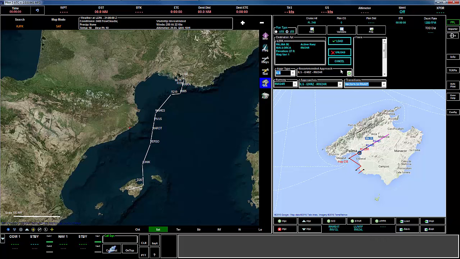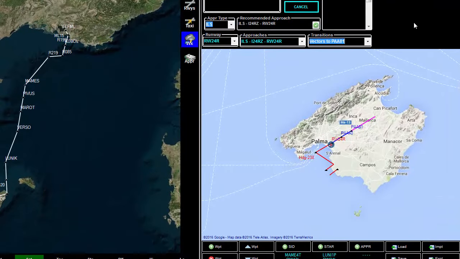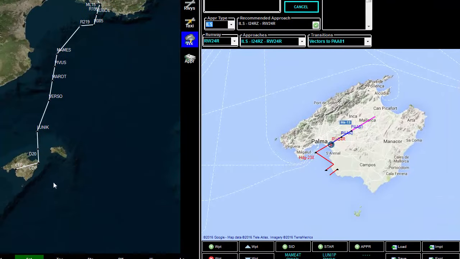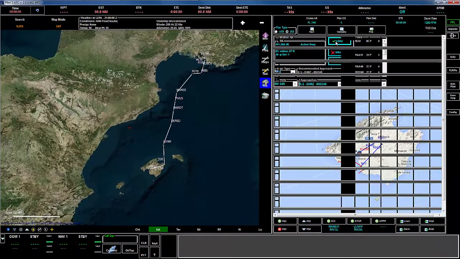It recommends an ILS approach to runway 24, and it's going to pick the Zulu approach. We can pick the vectors, or because we know by looking at our charts that we're going to have the transition of MJV, you'll see it come down to there and go into there. And if I just click load that,